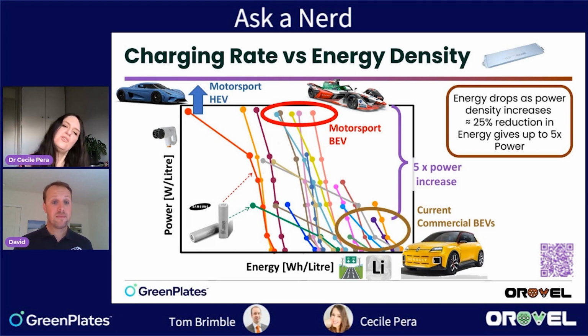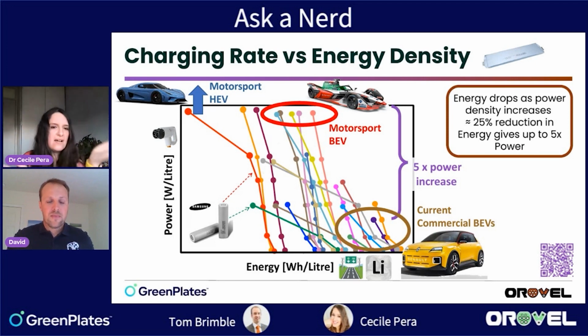So you mean there is a trade-off between the capacity, which is related to the mileage, and the power, which is related to charging and can give you a better option for fast charging. So it's difficult to get both of them. Either you choose capacity and range, or you choose power and charging. Is that correct? Absolutely,